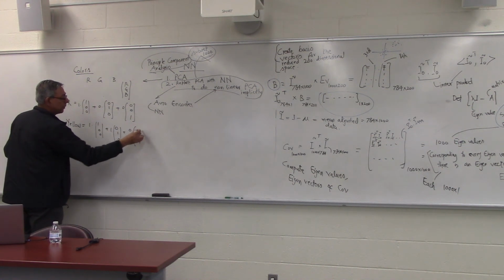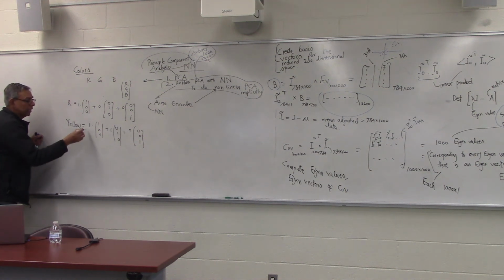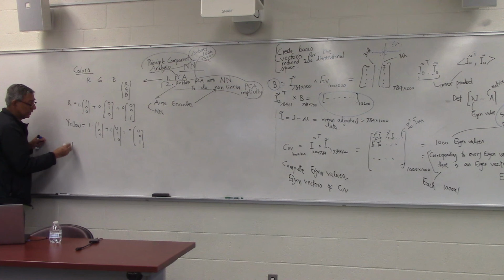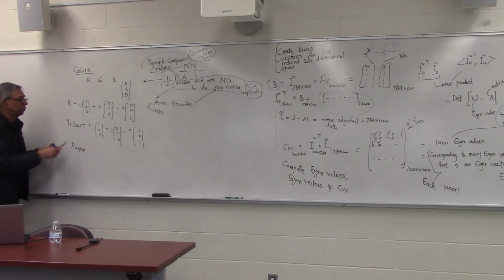Once we have the basis, like I said, for example, if you wanted to create a purple color, there will be certain values, maybe 0.23 over here,